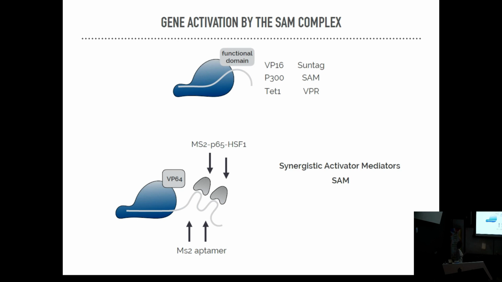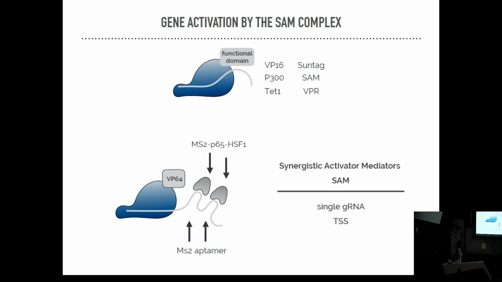And the great advantage of this system is that while before, to activate the expression of a gene, you needed lots of different guides, so you would have many molecules of Cas9 to activate the gene, in this case you need only one. So if you want to activate a lot of genes, you just need to pick one guide for each gene, and you can mediate multiple activation.